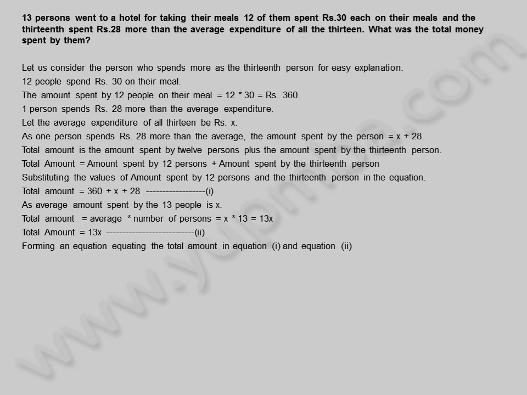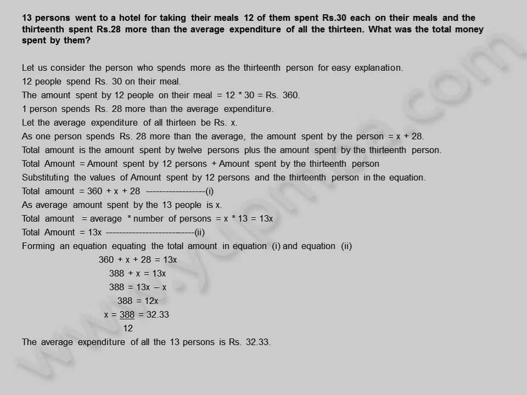Forming an equation equating the total amount in equation 1 and equation 2. 360 plus X plus 28 is equal to 13X. 388 plus X is equal to 13X. 388 is equal to 13X minus X. 388 is equal to 12X. X is equal to 388 divided by 12 is equal to